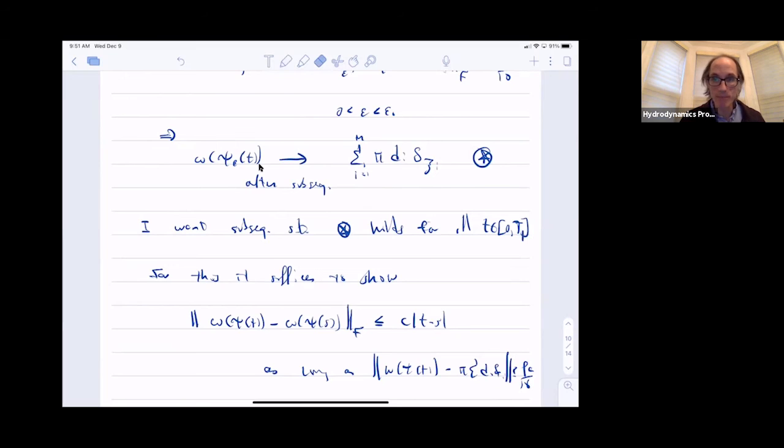So you see, if I can do this, then what this would say is that if I consider these vorticities as a map from time into some space of measures, or L1 space,